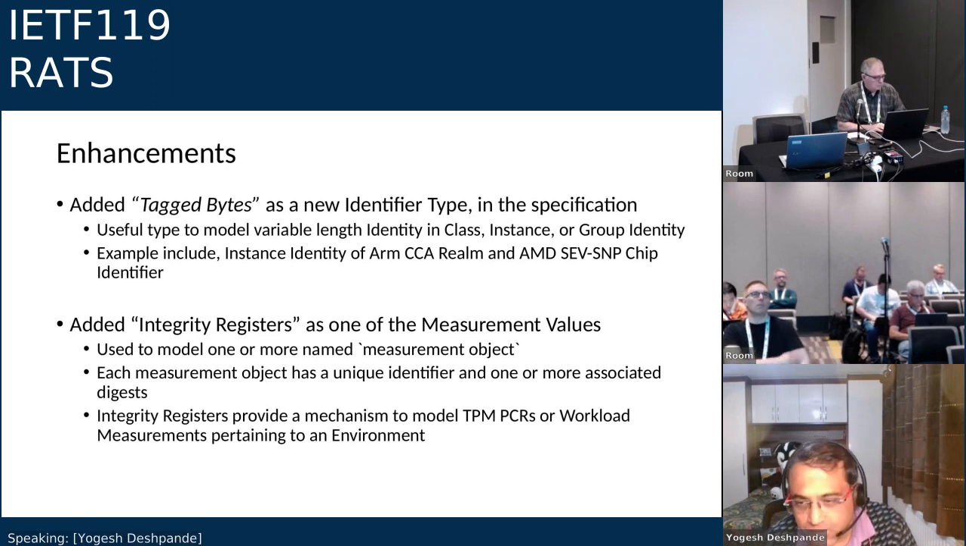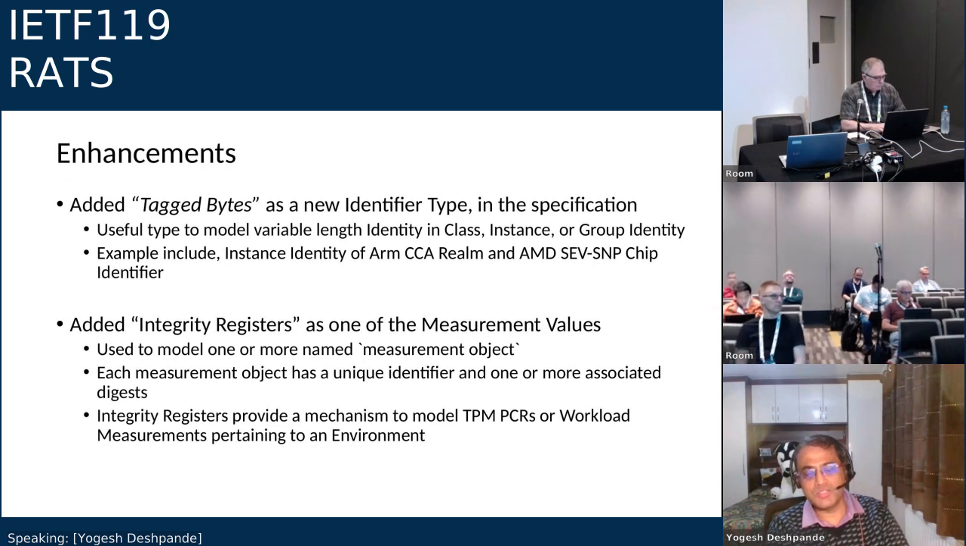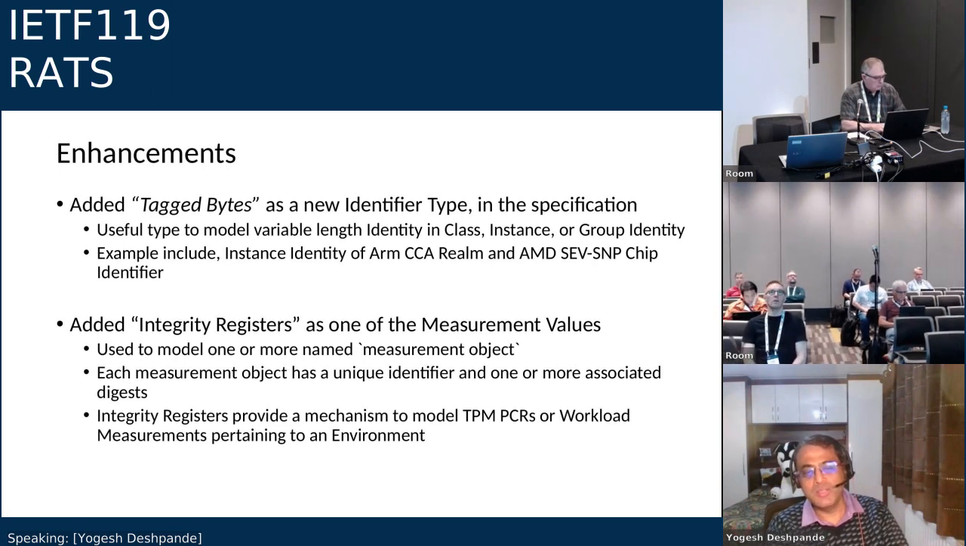So now I'm going to take a little bit of time on explaining the various enhancements which went into this release. In the identifier section, we have added tagged bytes as a new identifier type, which is very relevant to certain use cases. Basically, it adds a tagged byte, a variable length identity introduced in the spec for identifying any class